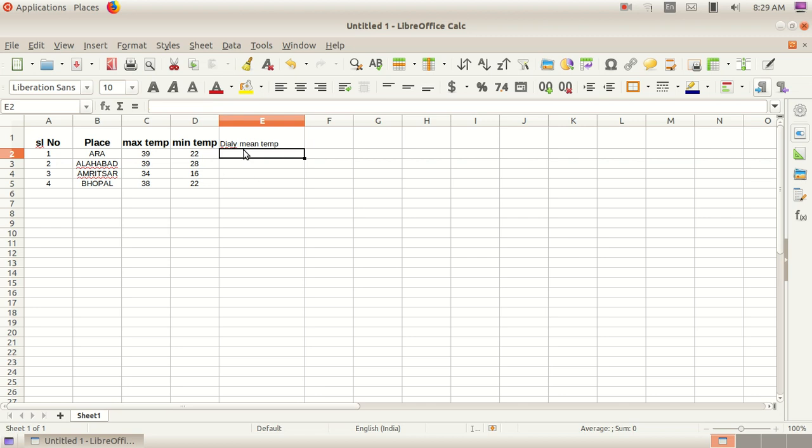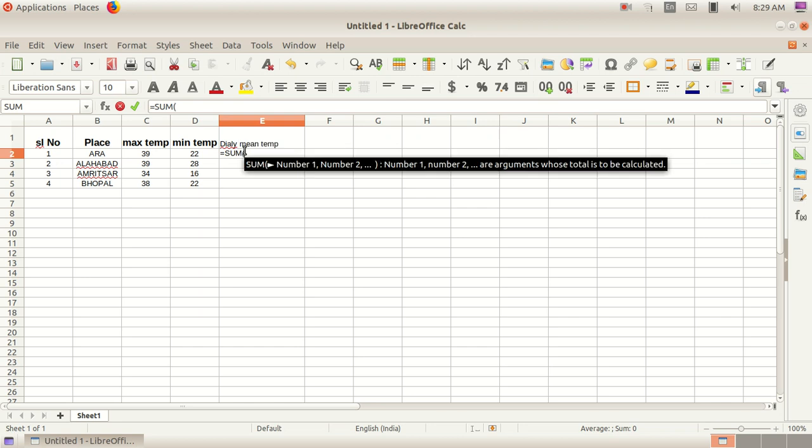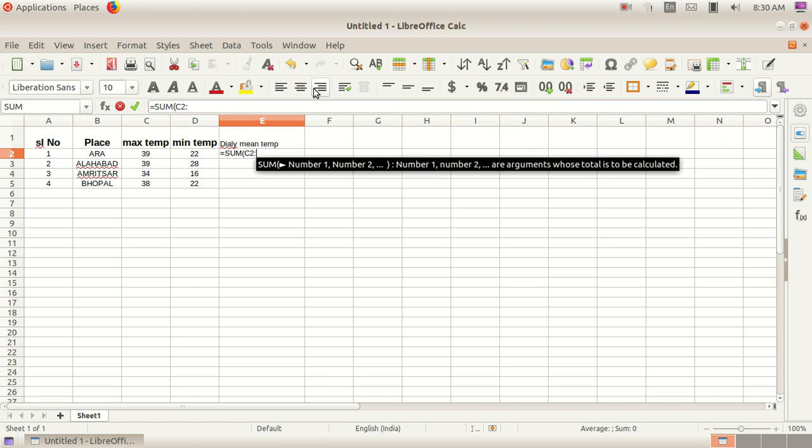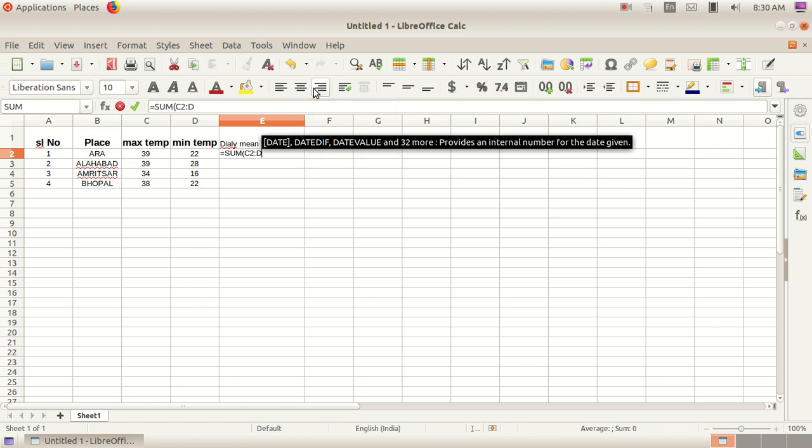So, type the equal to symbol. Then, SUM, use the bracket. Then, the cell C2, then colon, then the second cell D2.